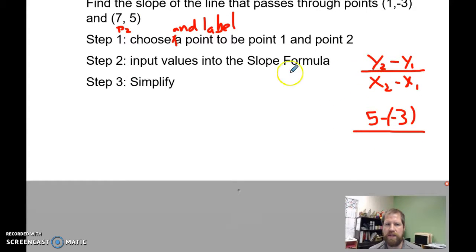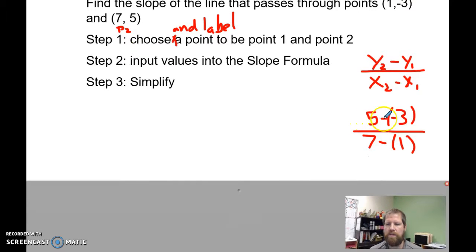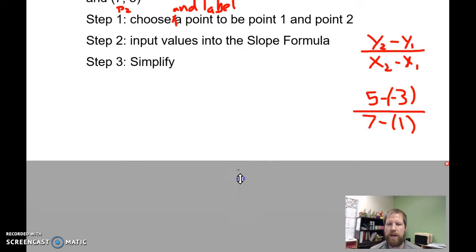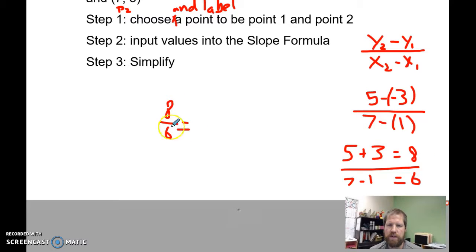And then come through with your x values. You're still starting with point 2. The x value for point 2 is 7, minus a positive 1. You can have parentheses here if you want or not, because it's positive, it shouldn't matter. When I'm subtracting a negative, that turns into a positive. So I would have 5 plus 3, or 8, over 7 minus 1, or 6. And then you're going to simplify. 8 over 6 simplifies to